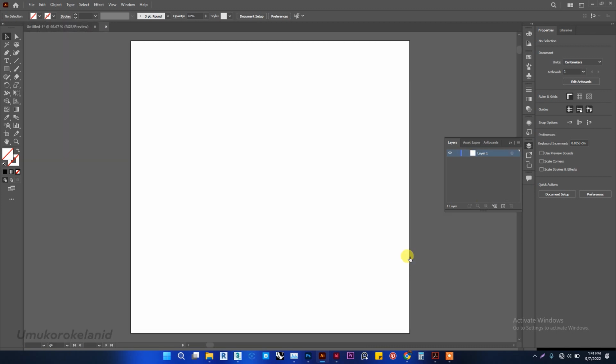So this is it. First and foremost, I'll create grids that will guide me in positioning or aligning the elements, the text to the center, and the shape and every other thing. So now let's get started on the grid. Now I have to preview the rulers before I can create a grid in Adobe Illustrator. So to do that, I'll go to view,